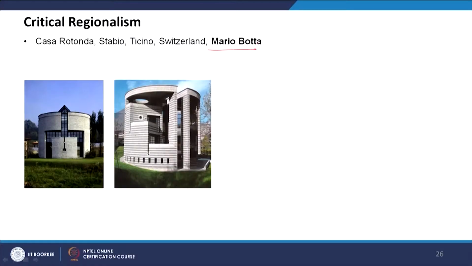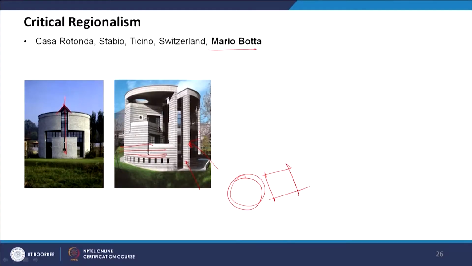Now Mario Botta has other designs which evolve from a particular design style. His design style mainly uses pure forms of circle and square, and a lot of bilateral symmetry is there in his design. That is his style, and all these lines in brick, stone and concrete, he will use these lines. These are lines which come from horizontal picture frames, and the textures he uses are brick and concrete, which are gray and brown in tone, which also blends with the natural surroundings.